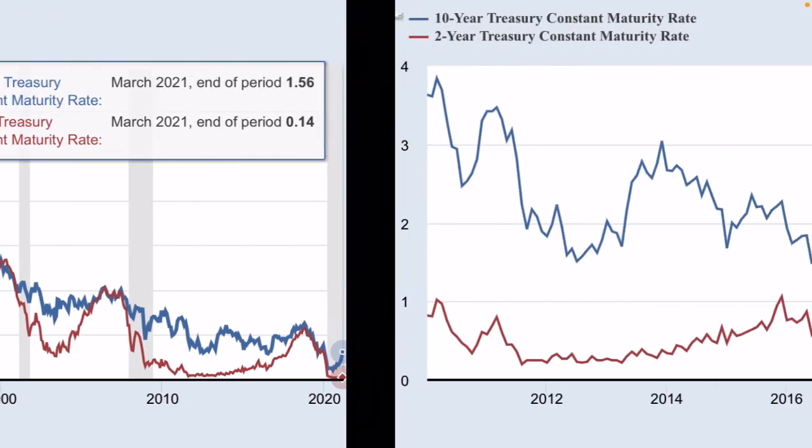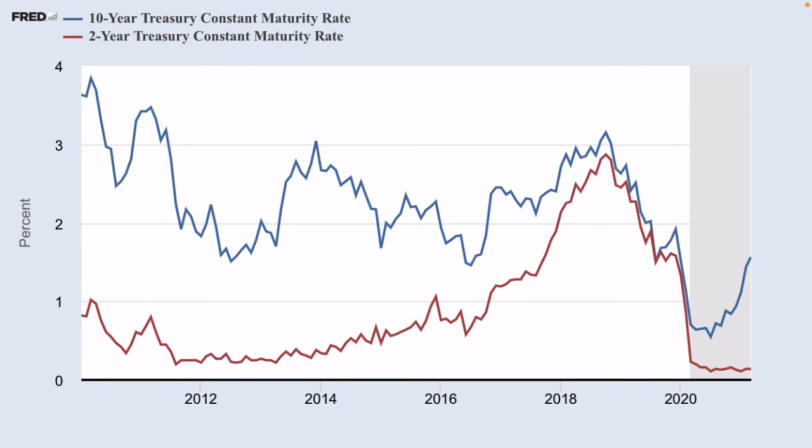And to zoom in a little bit, from 2010, this is what the 10-year and the 2-year look like. The 2-year in red, and it's at very low levels. So we're at a point where we're propping up the market at record levels, and eventually the low interest rates that we currently are afforded, it's going to get to a point where it's not going to have the same impact on the economy. Just like with the stimulus bills,